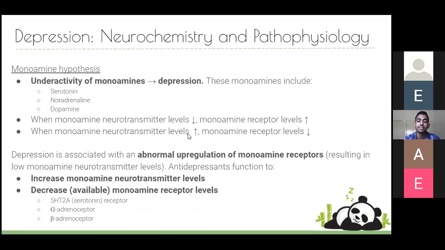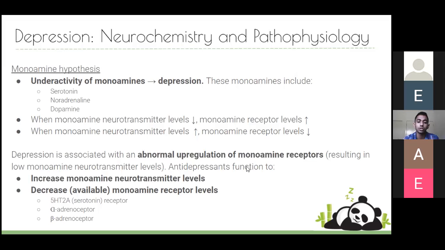And it's also linked to our monoamine receptor levels. So if we have less amounts of monoamine, we're going to upregulate our actual amount of receptor levels, so they're almost more sensitive to the monoamines. If we've got more monoamine, we're going to downregulate our monoamine receptor levels, so they're less sensitive. And that's just a homeostatic process that's going on. In depression, we've got an abnormal upregulation of these monoamine receptors, and that's going to correlate with the actual low monoamine neurotransmitter levels. So these are always correlated. That will always help you. So I recommend kind of committing that to memory.